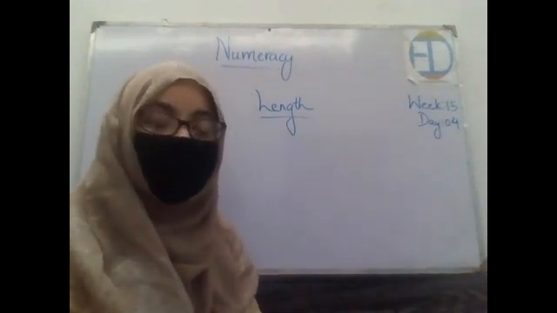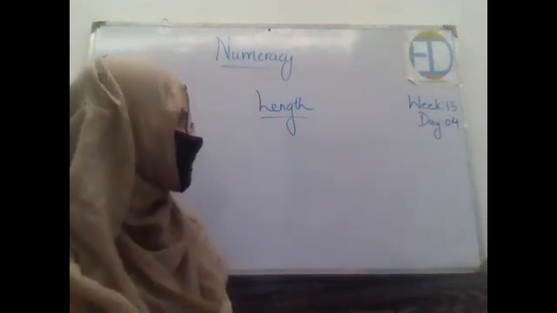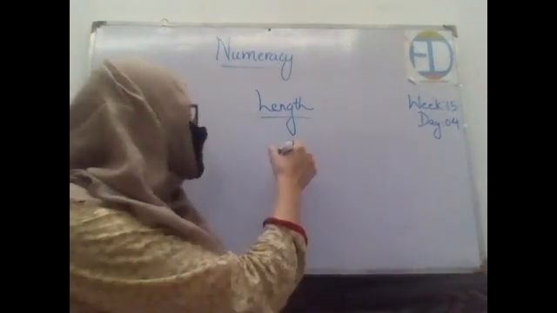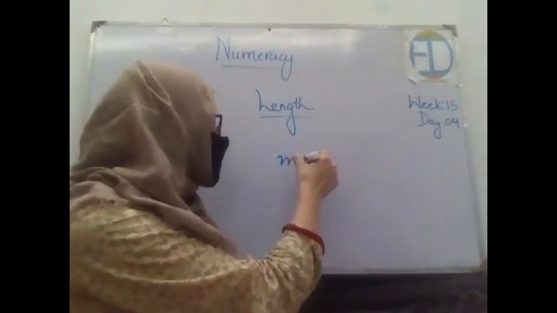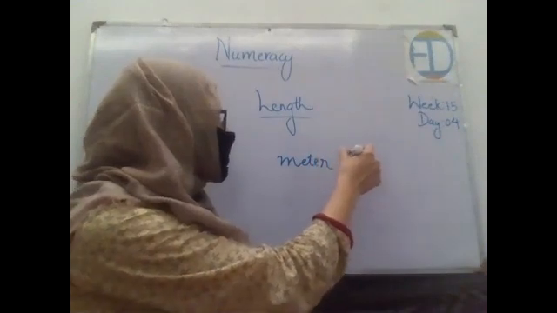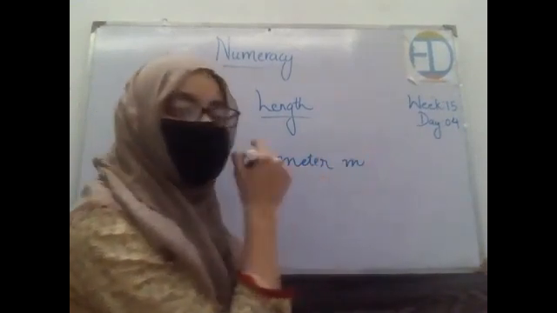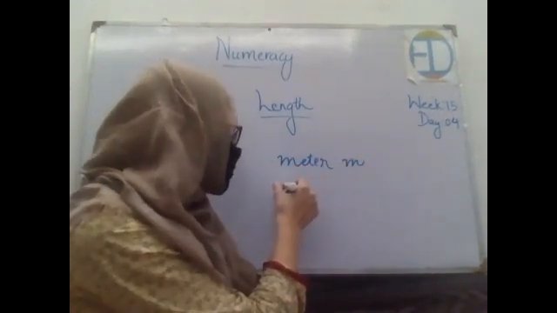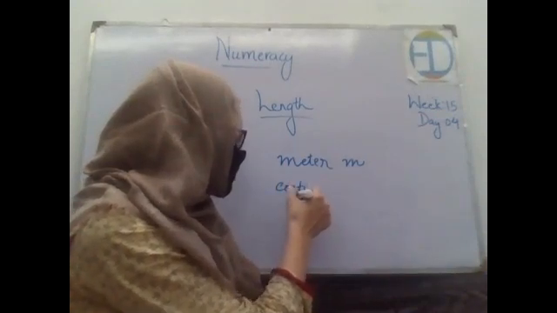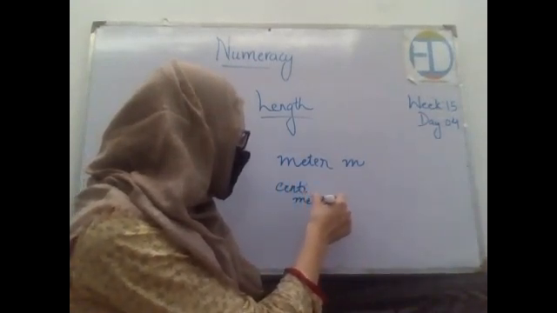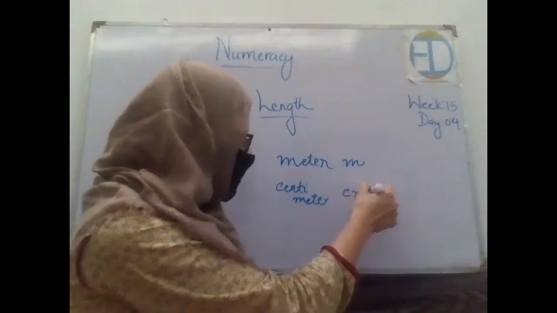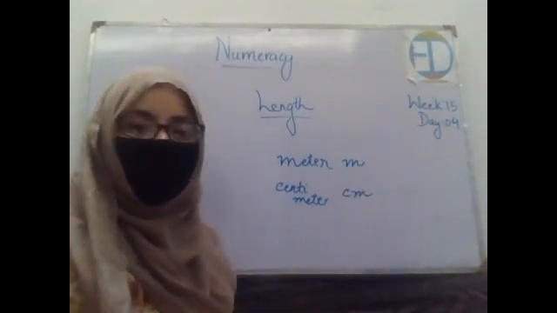Then we talked about the unit of length. So we discussed that there are two units. The standard unit is meter, and for that we use the symbol m. And for smaller measurements, we can use the centimeter as well. And the symbol that we use for centimeter is cm, right? Then, if we talk about